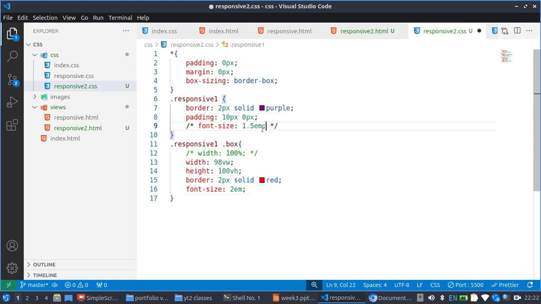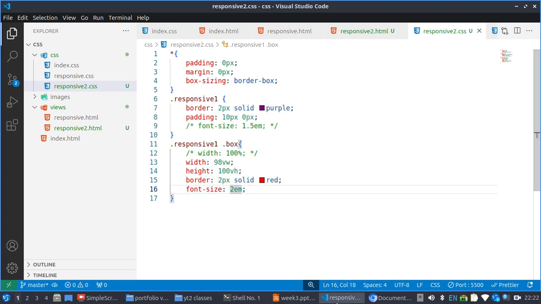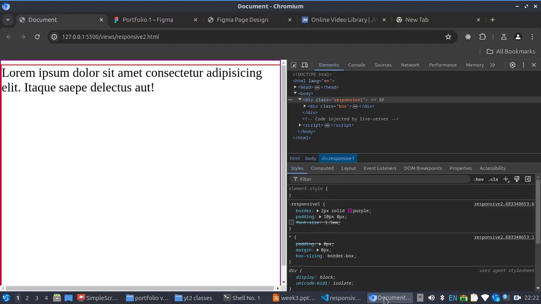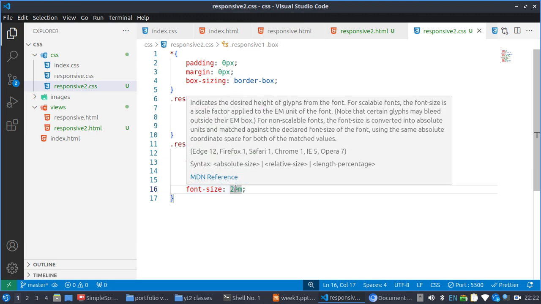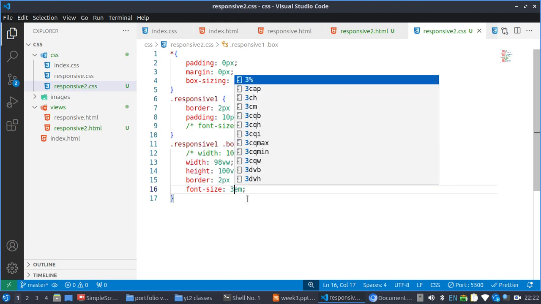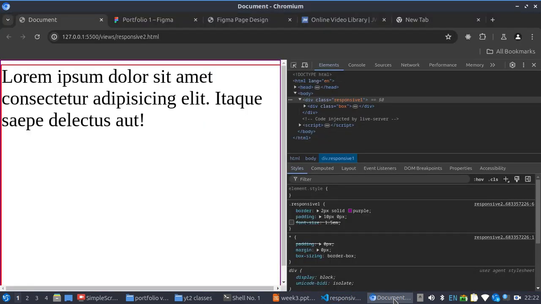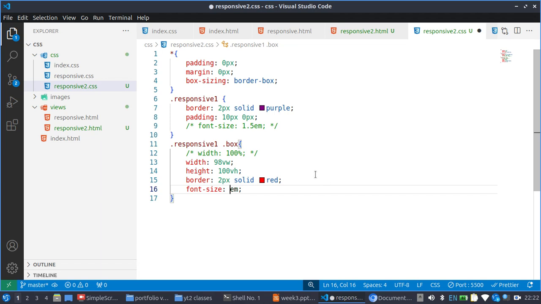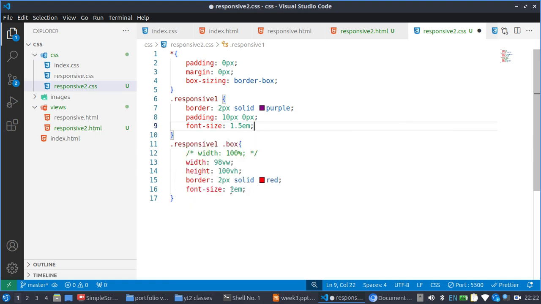So if I remove this, you see what 2 rem looks like. 2 rem looks like this, but let me give that 3 rem. So you notice what 3 rem looks like, just like what we had when we activated this. So that is a nice way for you to understand that. Whatever the parent font size is gets multiplied with whatever it is here, and that is why it